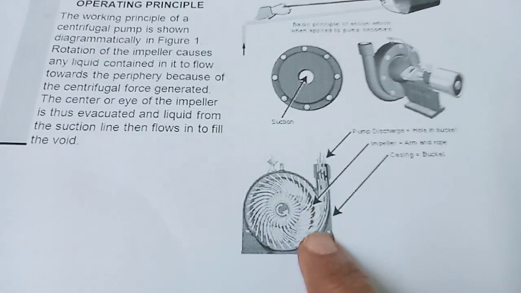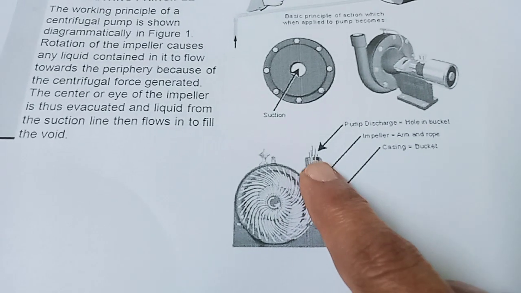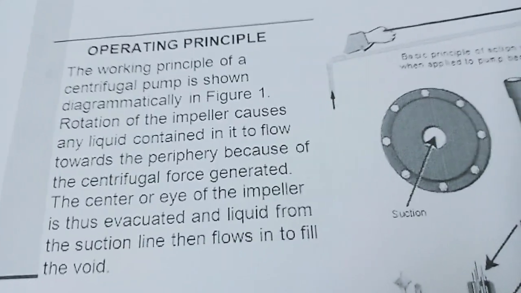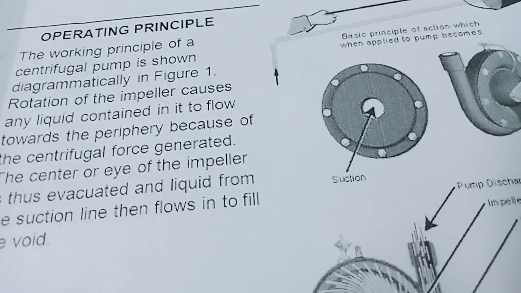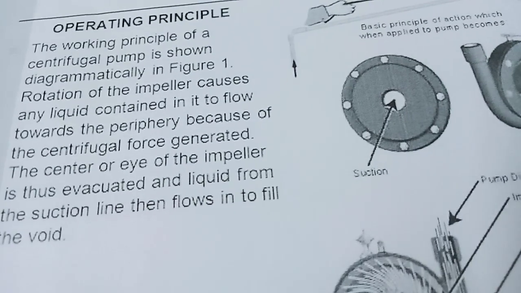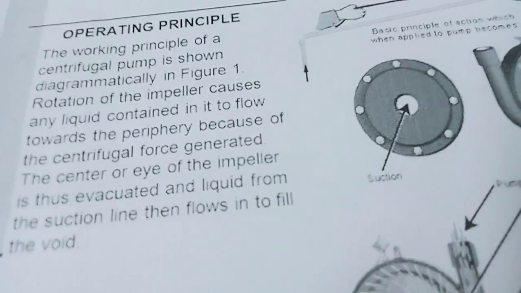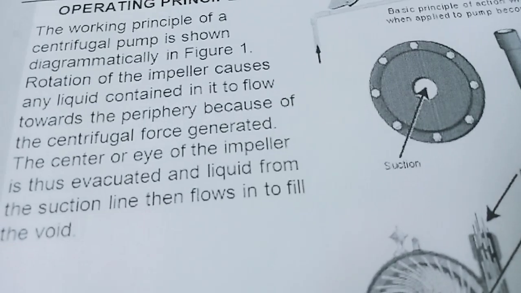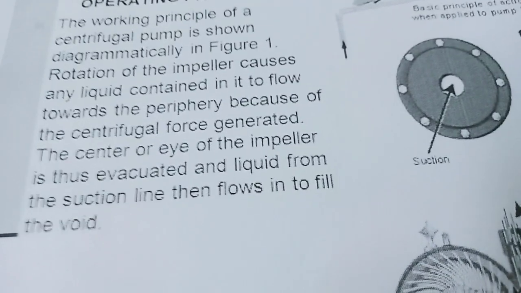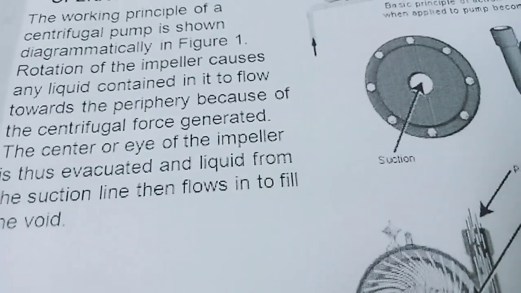So kinetic energy again here will be converted to pressure energy. Coming to this figure 1, rotation of the impeller causes any liquid content in it to flow towards the periphery because of the centrifugal force generated due to rotation. The center or eye of the impeller is thus evacuated and liquid from the suction line then flows in to